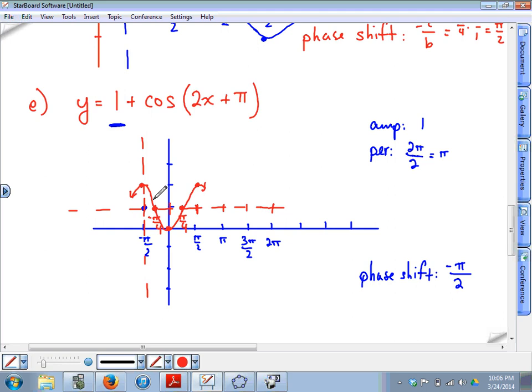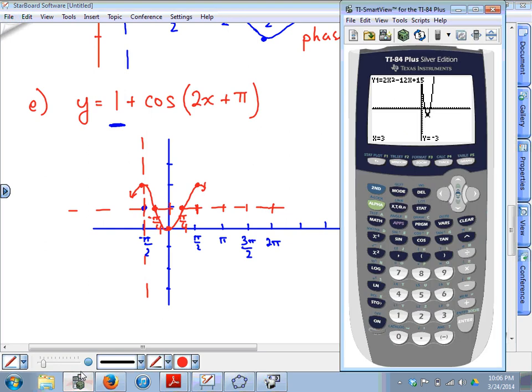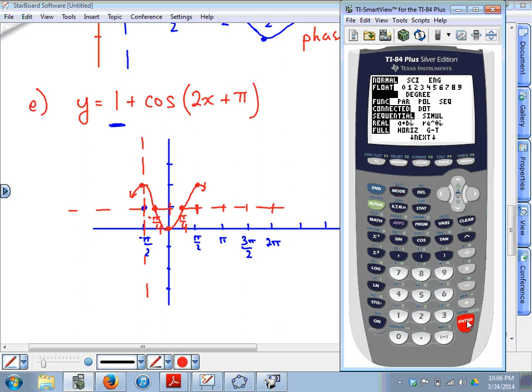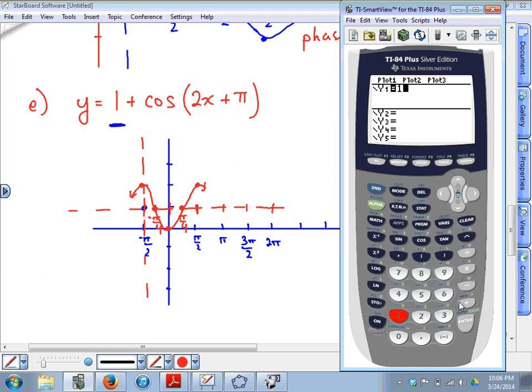Now, if you like to do things on your calculator, it's fine to graph these on your calculator as long as you make sure that you know how to use your own dang calculator. One thing that you want to have to do is change the mode. We've been dealing primarily in degree mode, but we're graphing these in terms of radians. So switch it to radian mode. This one, for example, could be 1 plus cosine of 2x